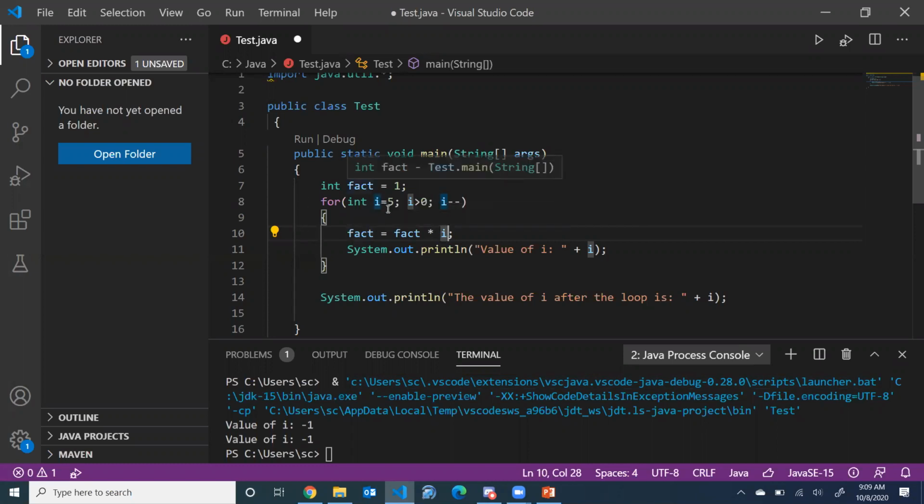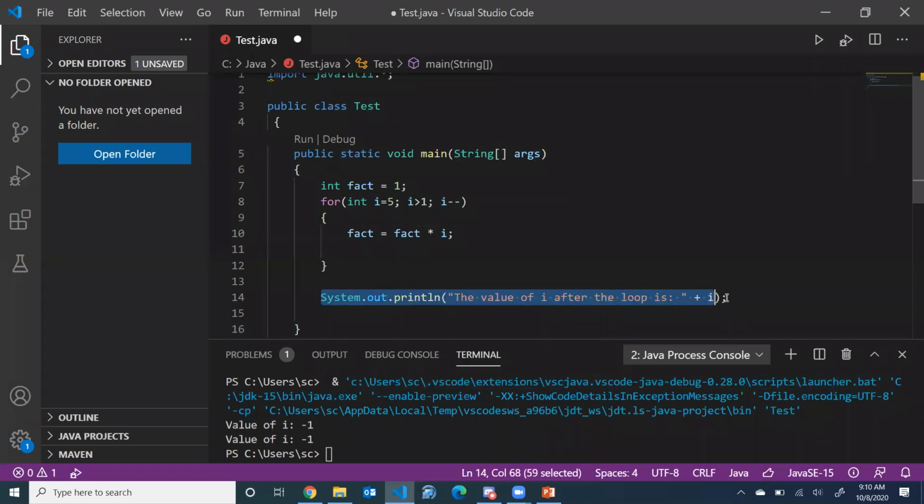Then it will go back. So the value of I will become 4 because we are decrementing. So I'm doing 5 into 4, and then it's going back. It becomes 3. Then 5 into 4 will become 20 into 3, and then 60 into 2, and then 120 into 1. Okay, so you can also stop this loop over here. As long as I is greater than 1, it's going to decrement. And we don't need to write this line over there because we only want to show the factorial at the end. So I remove this line,